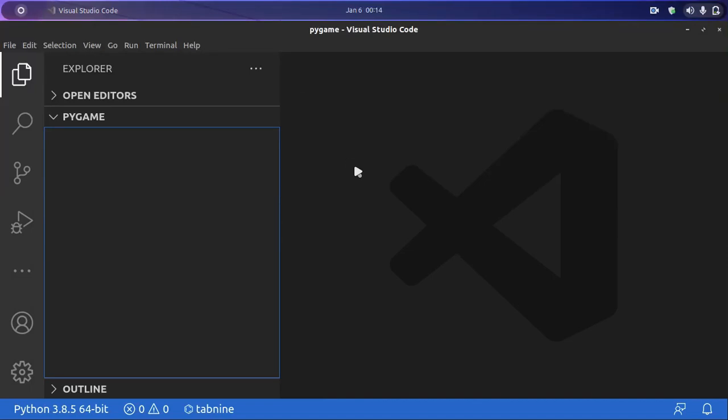Hello people, this is going to be our first tutorial in which we will learn how to create our first Pygame window. So the first step is to open VS Code and create a Python file inside your directory. Create a file, name your file with .py extension in the end